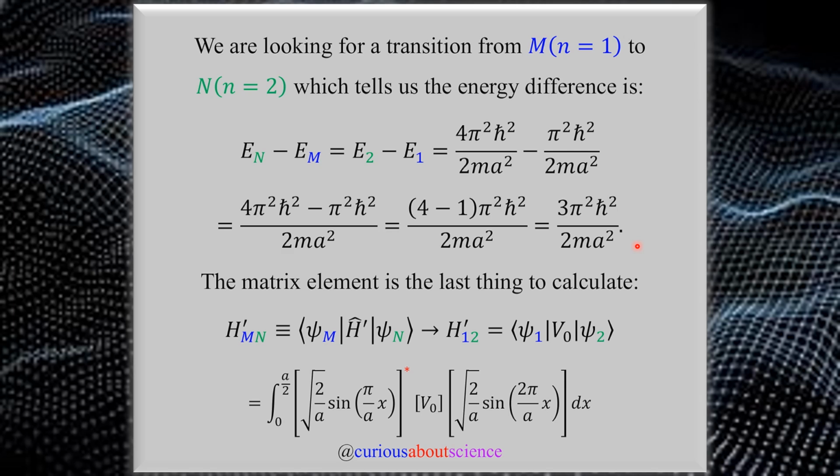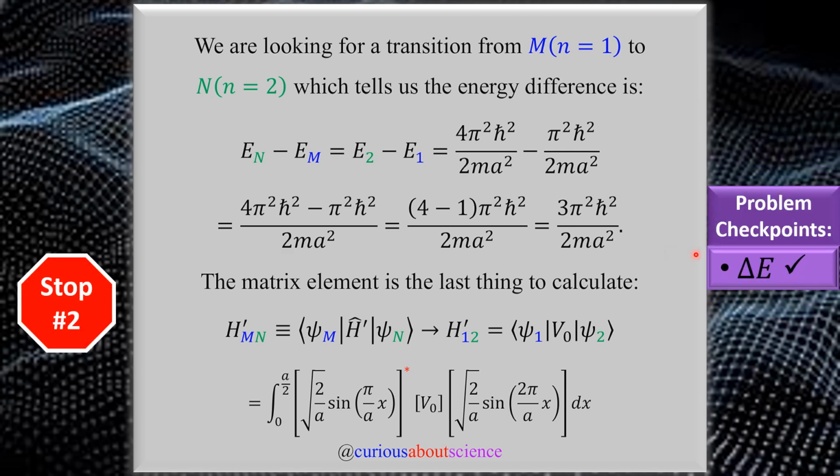Now, back to finding our other quantity. Now that we have our delta E term, we can jump straight to stop number 2, which is the matrix element. And as we saw from our equation, we know that we're going to have the matrix element of the two states in between the perturbation, which is coming from 11.117. So the two states sandwiched between the perturbation,